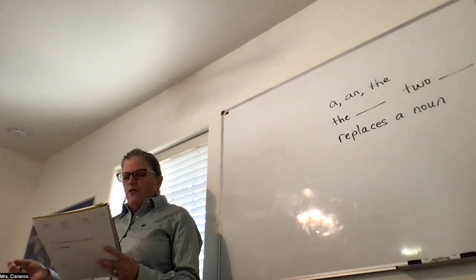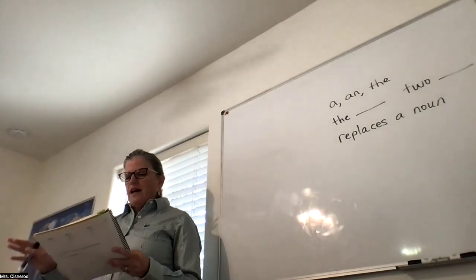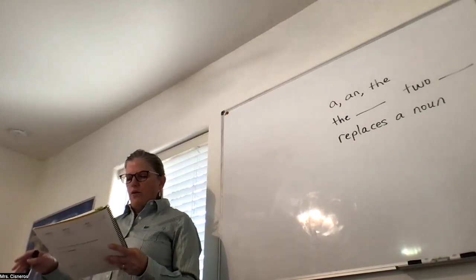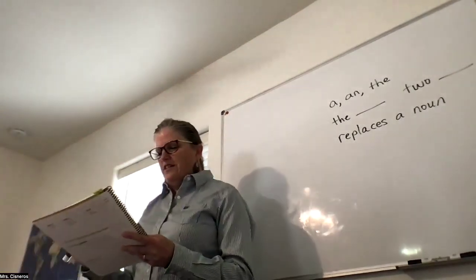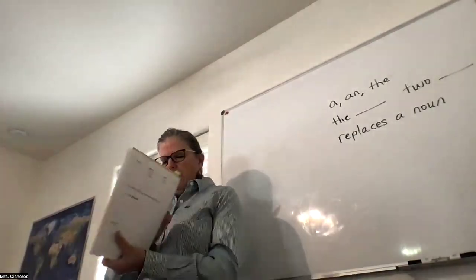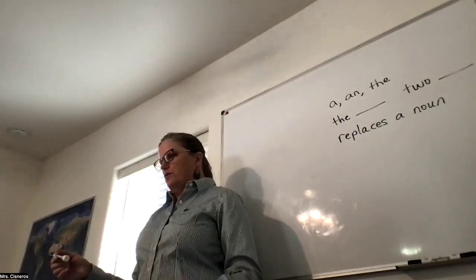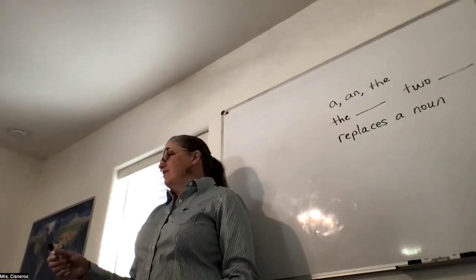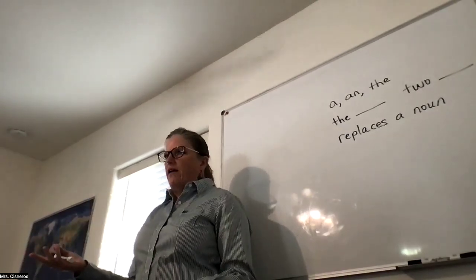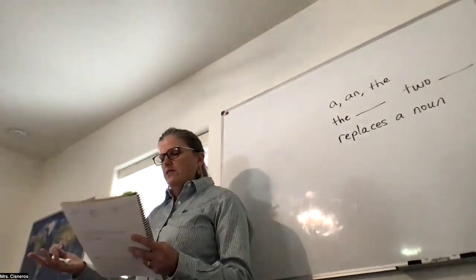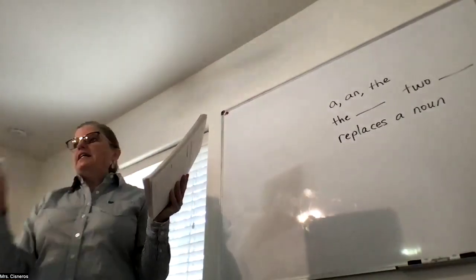Then it says down here, the following paragraph sounds strange because the pronouns are missing. Cross out each noun that can be replaced with a pronoun and then write the pronoun above the noun. So let's look at it. The first sentence, right here on page 19: the dwarf put on the dwarf's red jacket and the dwarf's boots. It's like, we get it. There's a dwarf. We're talking about a dwarf. But let's say the dwarf is a boy. What pronoun could we use instead of the dwarf? He. So look at the sentence though. We're going to need the first one.